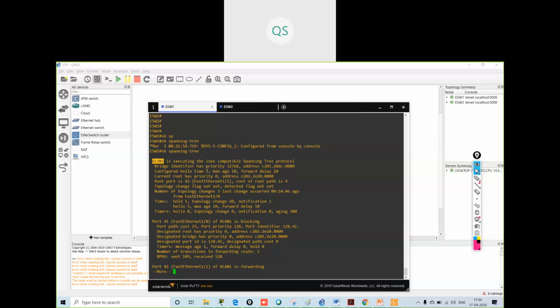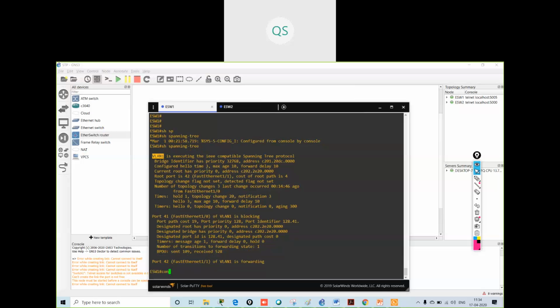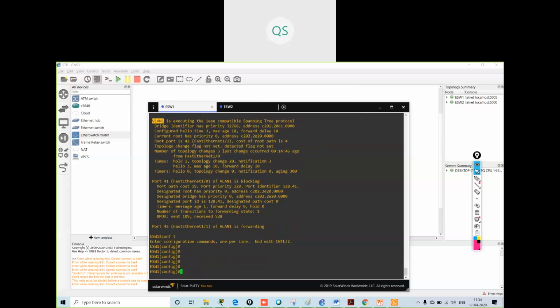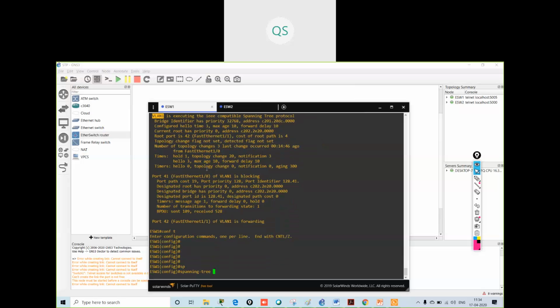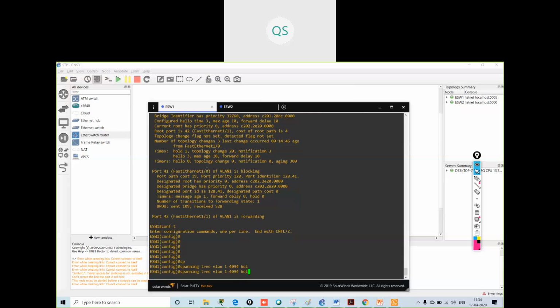What command do you have to give if you are configuring VTP? You have to give spanning tree VLAN 1, 2, all the VLANs you have to say. How many VLANs do we have? Hello time.